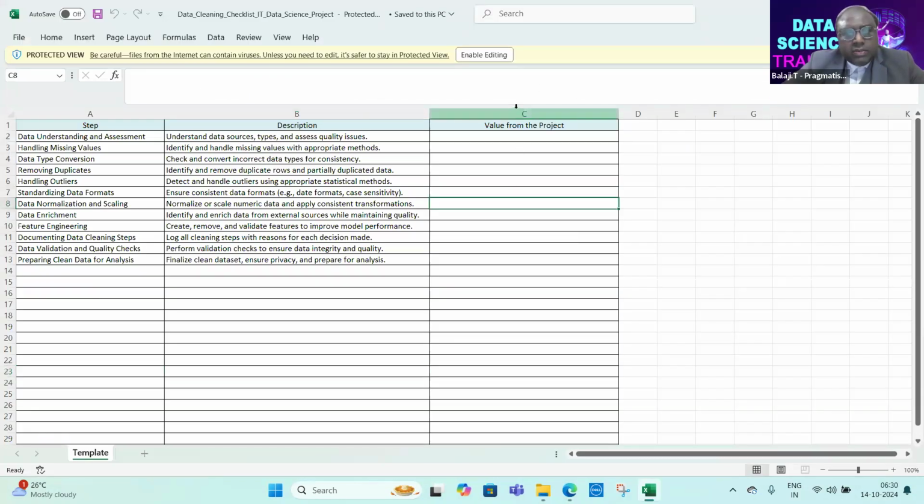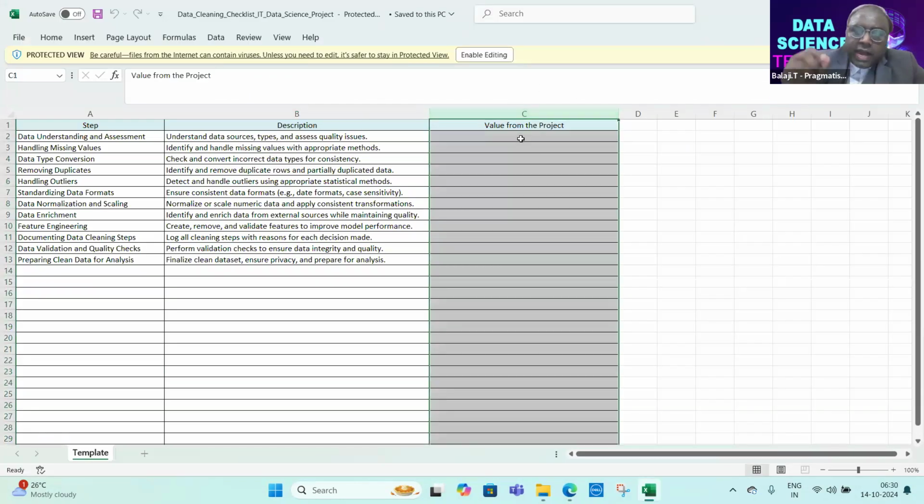Now, why is this column blank? Because the value for the variable will come from the project. That's why I have kept it blank. While I'm interviewing for a data scientist and senior data scientist role, whenever I ask some questions, some people have that mentality to say it all depends on the context. Fully agreed, but the point to keep in mind is, it depends on the context in terms of what particular factors, parameters or attributes. At least you need to tell that.